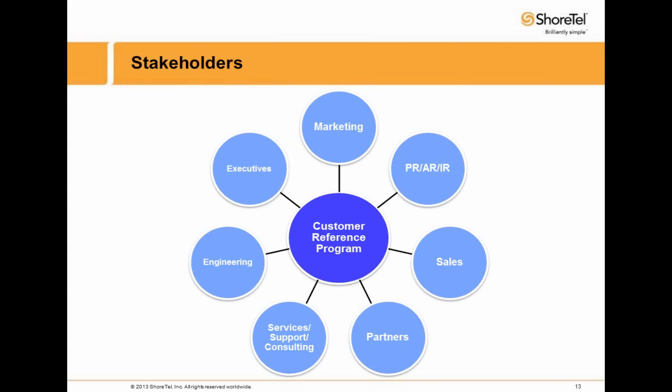So I covered this earlier, but let me drill down a little bit on this. Some stakeholders are going to support you while you support others, and I want to walk through these. So marketing, you support them with customer success examples, but they support you with collateral on your website. So they're probably one of the most important stakeholders that we work with.